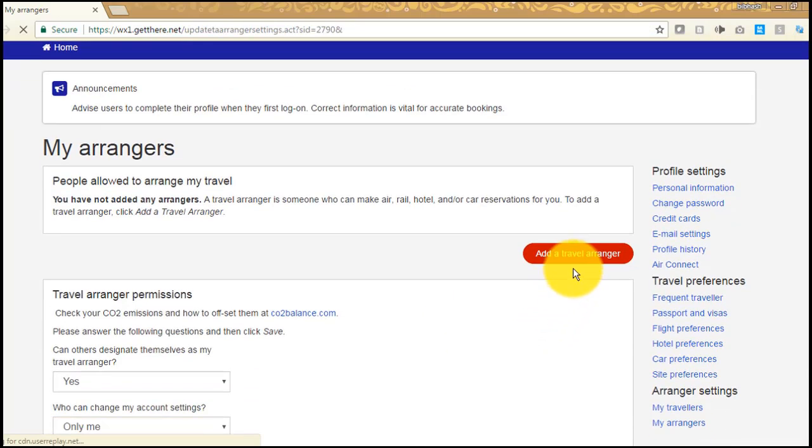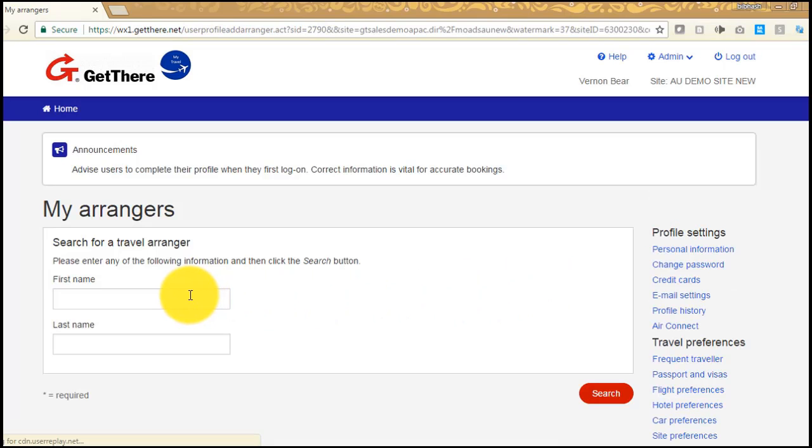So once the setting is done, click save. The settings will be saved, and now being a traveler, I can add a travel arranger. It's pretty simple. Click on add travel arranger, put the traveler's name or travel arranger name,